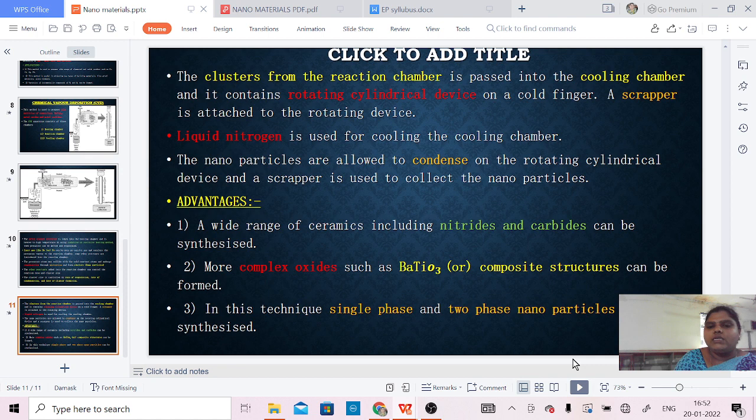Now let us see the advantages. A wide range of ceramics including nitrides and carbides can be synthesized. More complex oxides such as barium titanate or composite structures can be formed, and in this technique single phase and two phase nanoparticles can be synthesized. Okay, so simply this is about